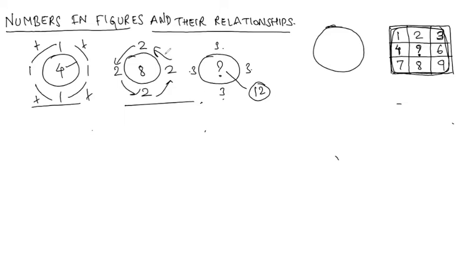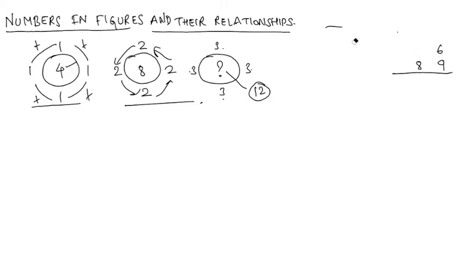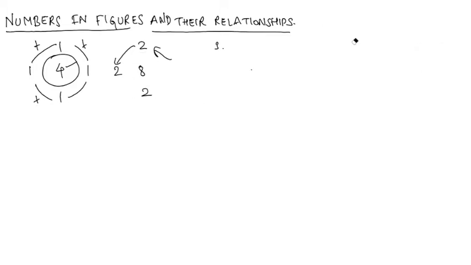The relation can be anything, there are different types of relation, but the question pattern will be like this. Okay, so the question pattern is like this: you will have 3 circles, in 2 circles all numbers are there, and in the third circle there is a question mark. You should find out what the question mark number is. Did everyone understand the question pattern? Yes, ma'am. So we'll solve some example problems, then you can understand.